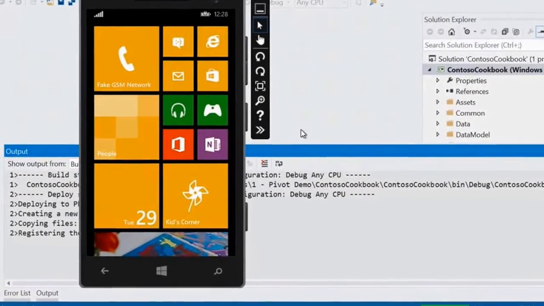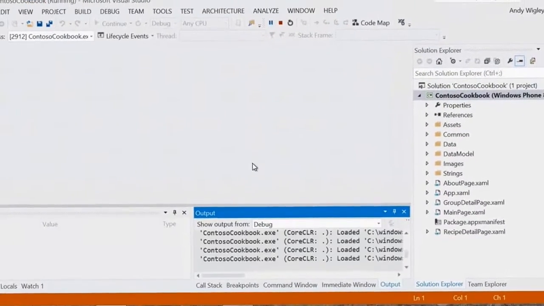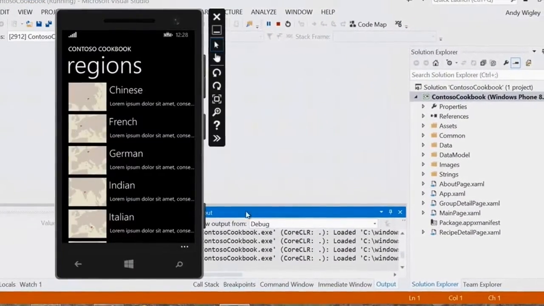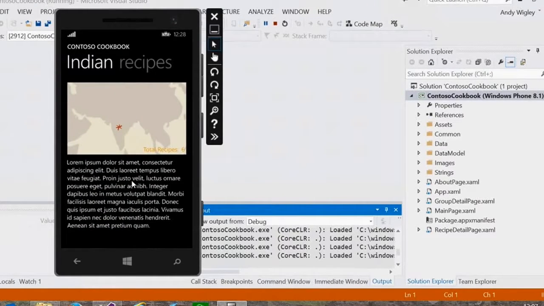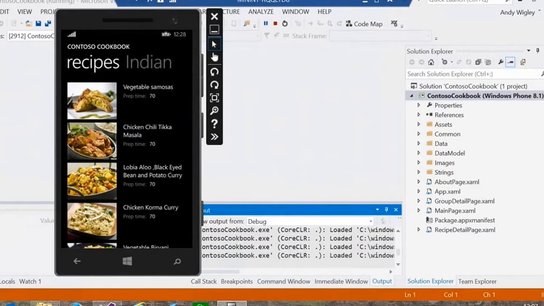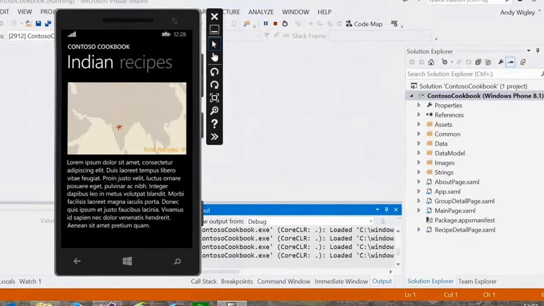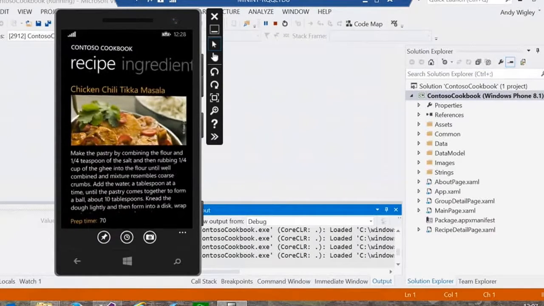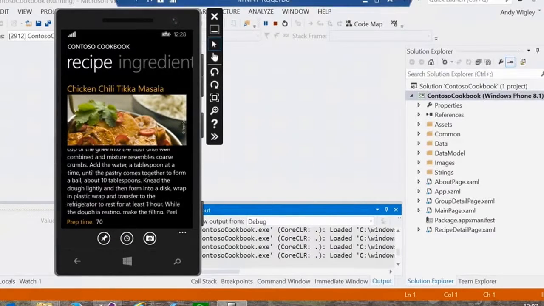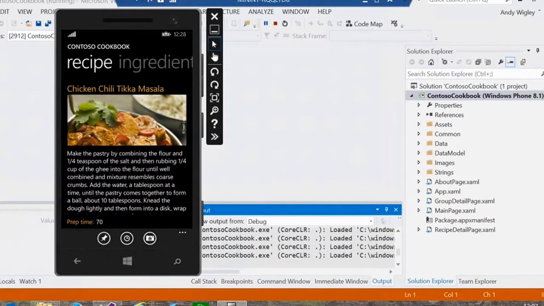And it's coming up now. There we go. And now we've got regions, and you tap on a region and it will take you to the region page, and then you can swipe across from left to right, and we go there's the landing page for a particular group, and there's the recipes, and you can go and tap on a particular item, and we're into this is the same recipe detail page that we created before,